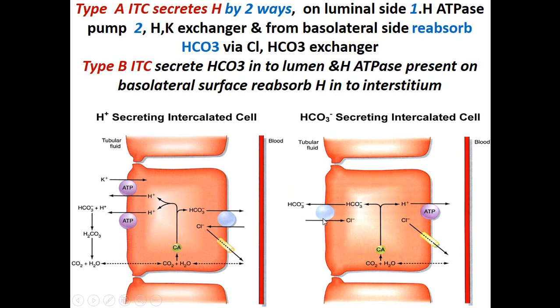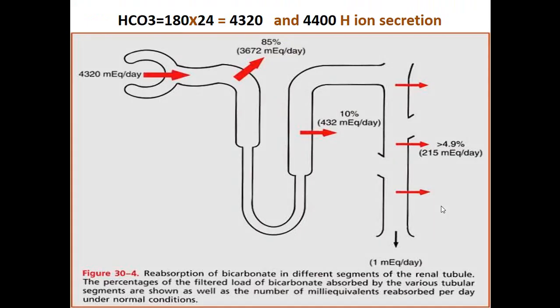This is the luminal surface, and you will see the bicarb is coming out of the cell. Secretion is going to occur against the chloride, while there is a reabsorption of the hydrogen ion. So there are two types of cells, as you can well understand by looking at these diagrams. What are these two types of the intercalated cells?